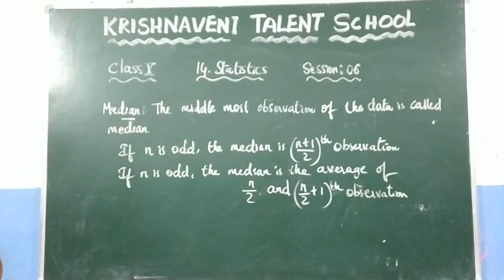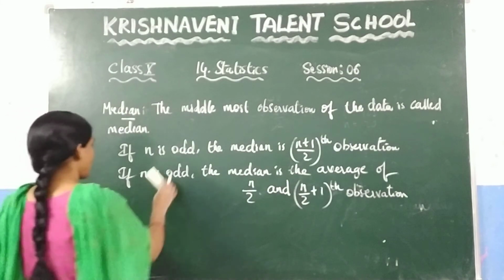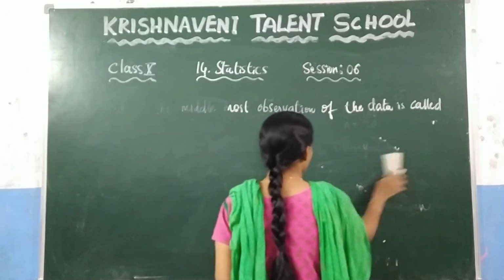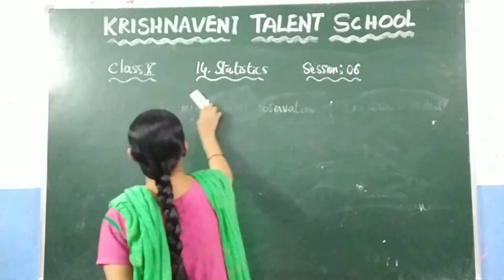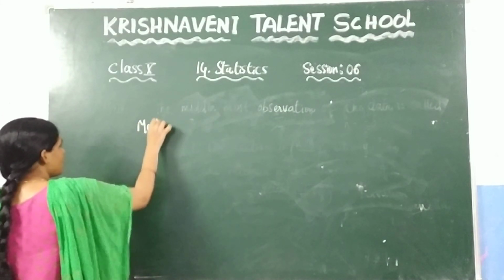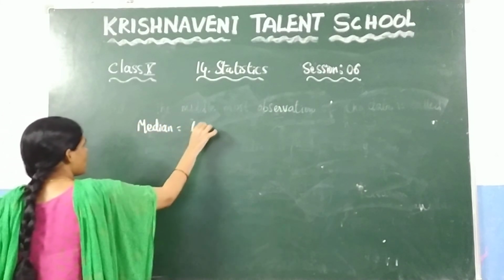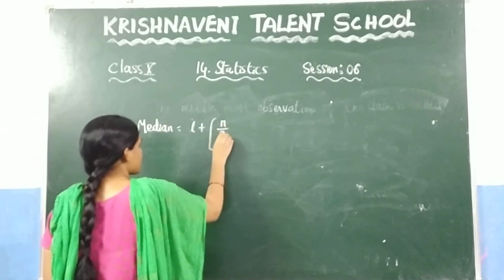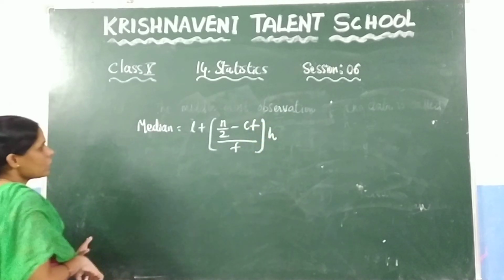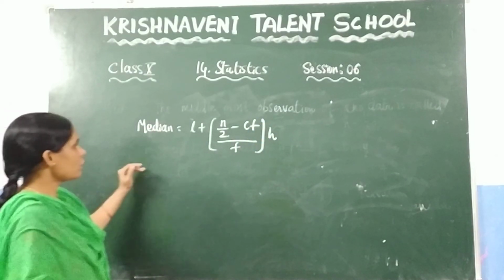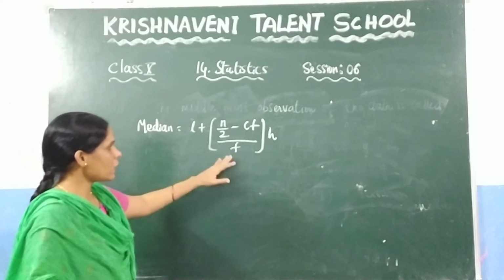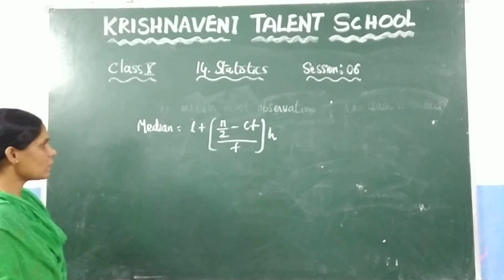Now, if you have given a input data, calculate the median by using the formula L plus (n by 2 minus cf) by f into h. It will come for the 2 marks. They will ask what is the formula for the median and write about its description. That means you need to write what is meant by the L, F and H. You need to write. It will be the 2 marks question.